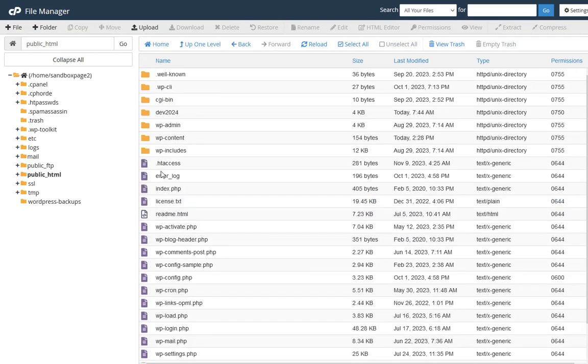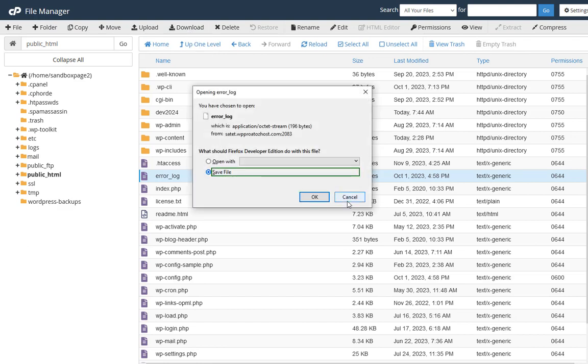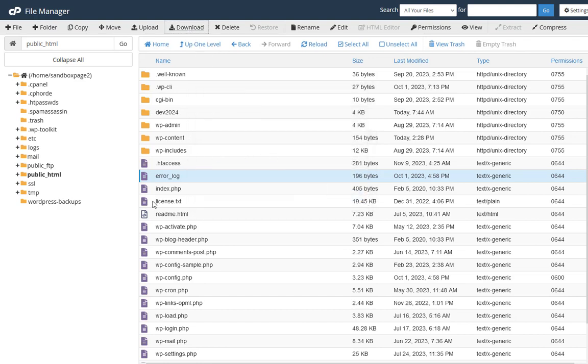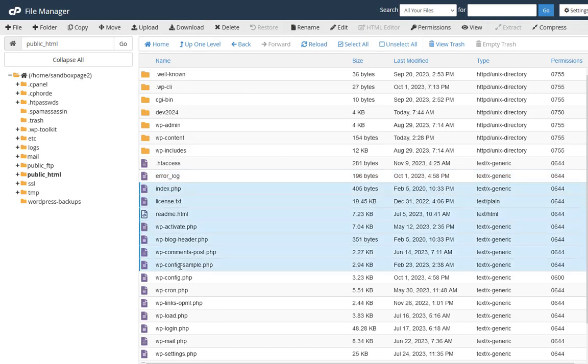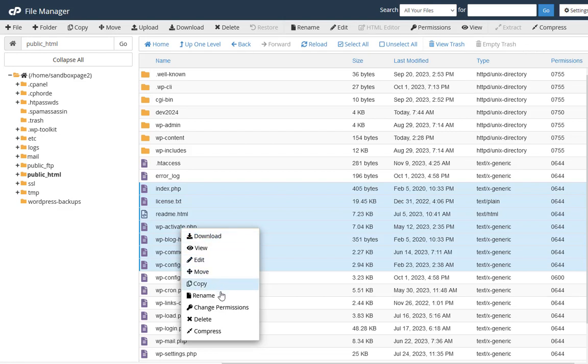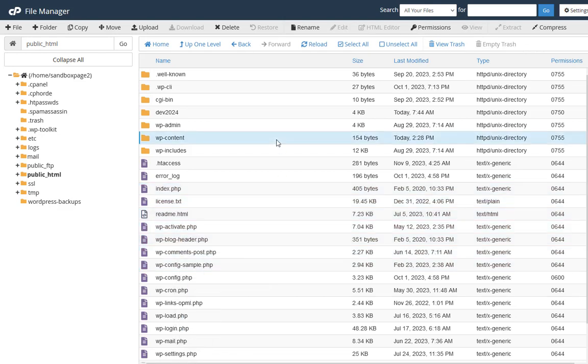The ones you want are in your public HTML, and you can individually select a file, and you can go up here and download that file. You can download that file in multiple ways. Now, you can also select multiple files, and you can also do a right-click on it and compress and download those files. So there's lots of things you can do. So this gives you everything you need to know about backups on